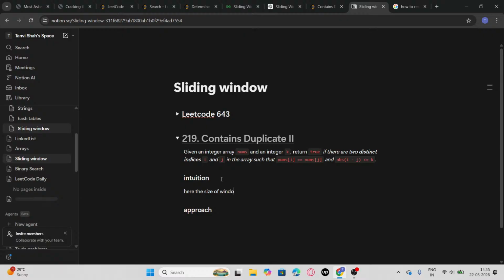Here, the size of window can be less than or equal to k, because according to the given condition, absolute of i minus j can be less than equal to k, which means